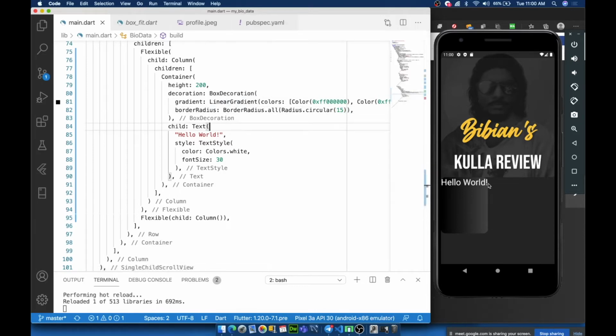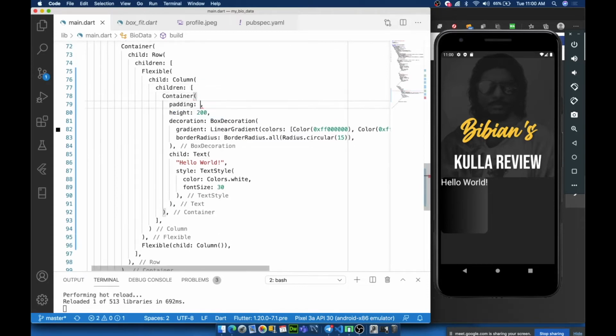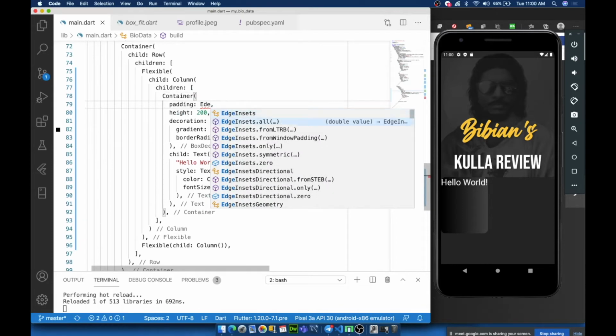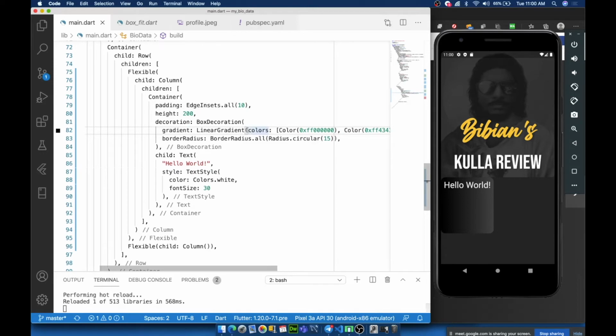This hello world seems to be too tight, right? We can add a padding inside the container. Let me just put EdgeInsets.all 10. That should be okay. Better. And the direction of the gradient seems to be quite off. So let me change that as well. Let me add the begin and end.